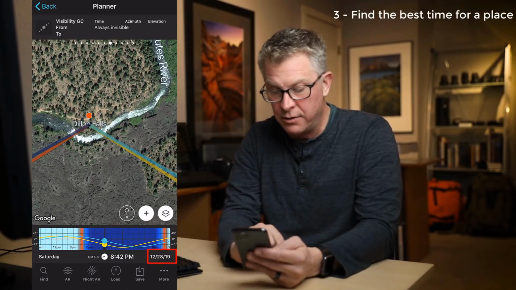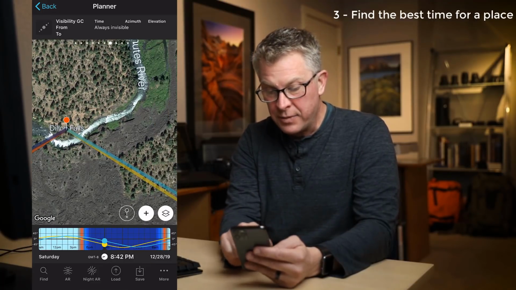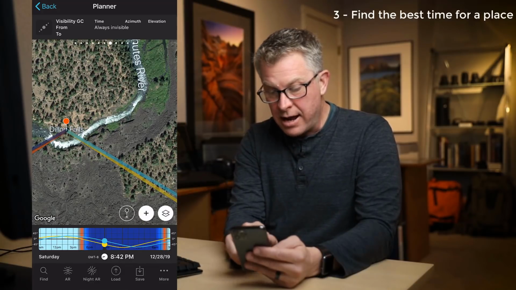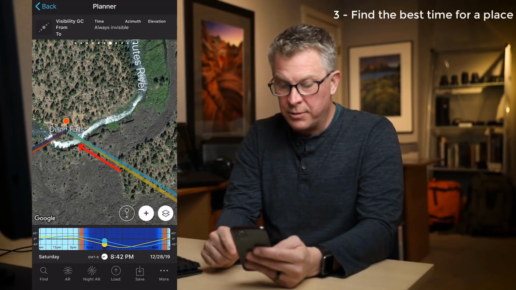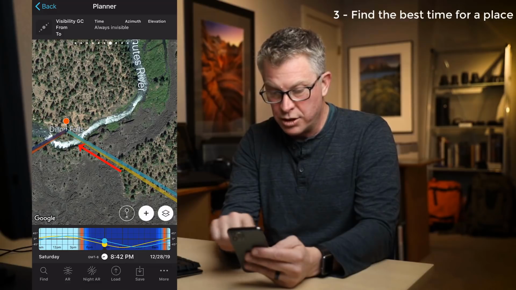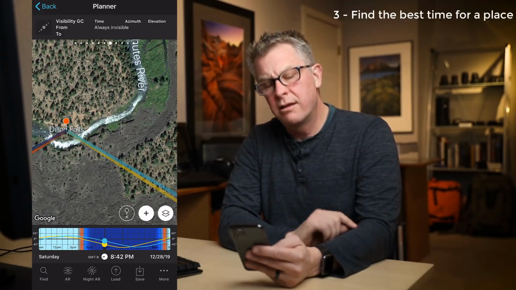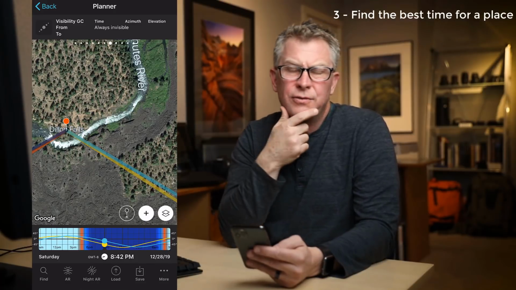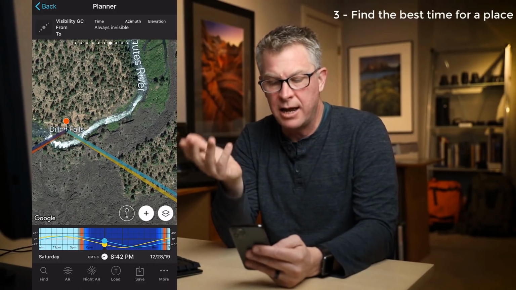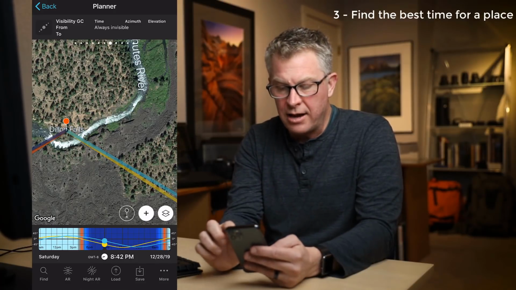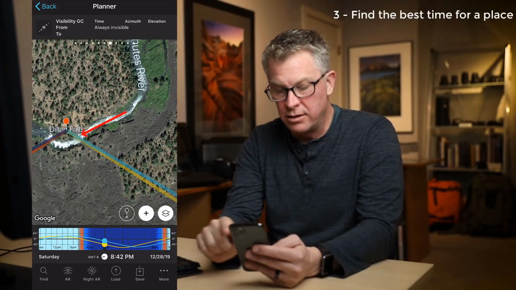And you can see if we were to go there in the next couple days, which would be December 28th, that's what I've got loaded here at this time, that the sunrise, that yellow line, is coming almost perpendicular to the gorge there. That's a narrow gorge. I want to find out when I could go there. It's a few hours from my house. If I could go there anytime, when could I get the sunrise coming straight down the Deschutes River Gorge